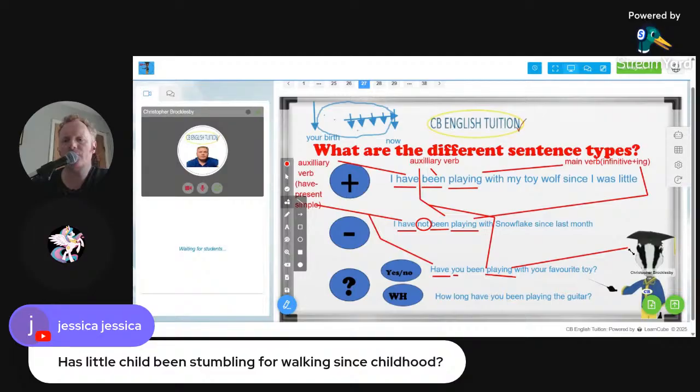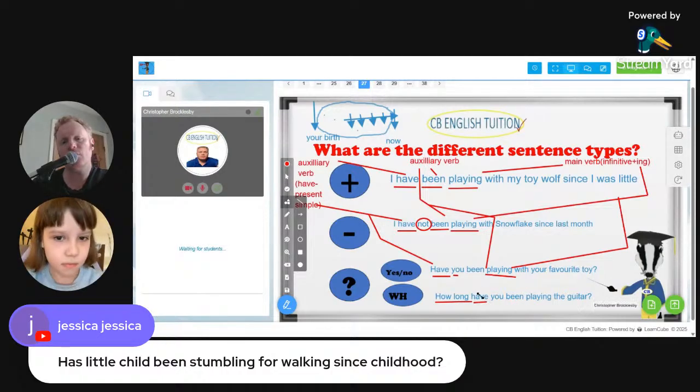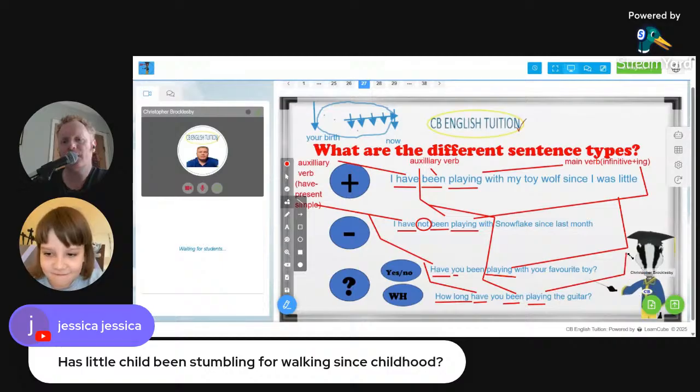And then the WH question is very similar. You have your WH word, or here it's a WH phrase. Then again, you have your helping verb 1. And then you have the subject. And then you have helping verb 2. And then you have the main verb. Now we have lots of lines. Okay, but there we go. It's not too difficult.